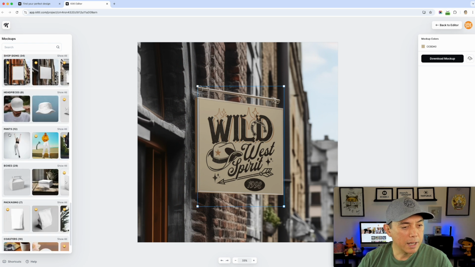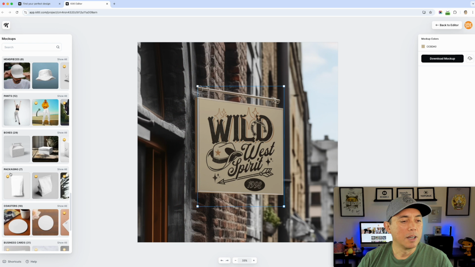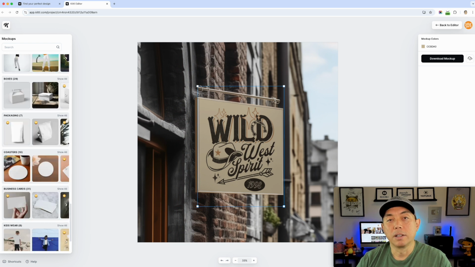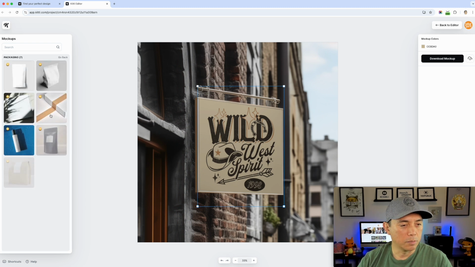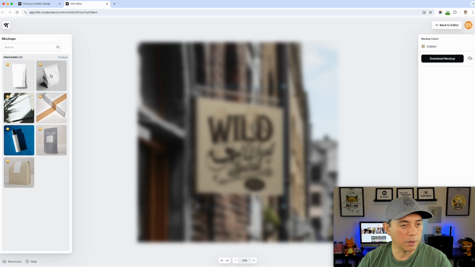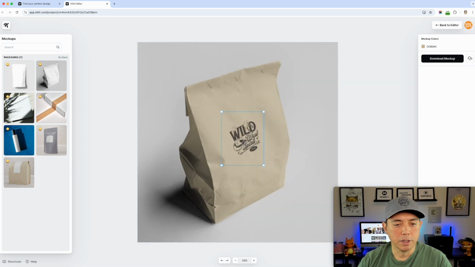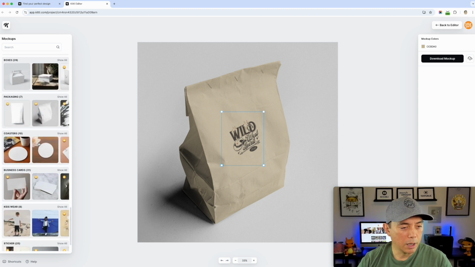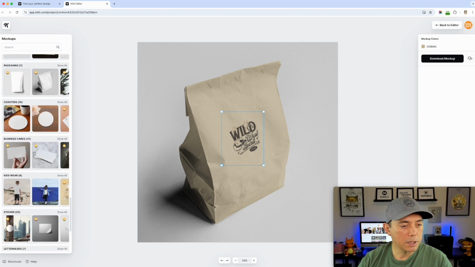Let's see, we got pants, boxes, packaging. I know Printify does some packaging for coffee and stuff like that, so this would be a good one for mockups. I think it would have some things for that. This one kind of looks like the packaging for, oh no, that's just a paper bag. So maybe they can add more in the future here. I think that would be great. Coasters, business cards,